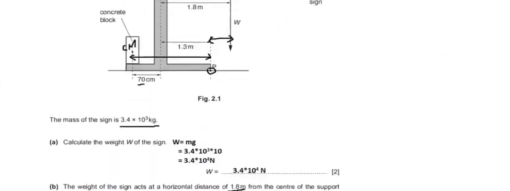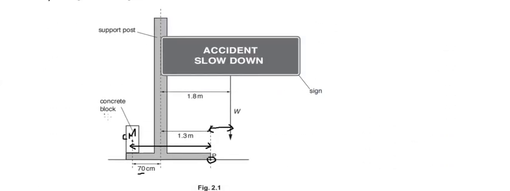So here you can see in the figure, if you remove this concrete block, what will happen? This entire signboard along with this support post will fall in the right hand direction, or we can say in the clockwise direction. So we need